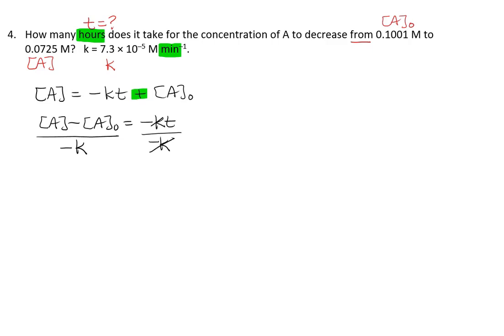We're solving for T, so we divide by negative K, and that's going to give us our time isolated. One thing you want to be very, very careful about, I know this is like the 14th thing that I've said to be very careful about, but it's true. Make sure that you are using parentheses in your calculator when you enter the values in the numerator, or push enter after you've done that subtraction. Otherwise, often the calculator thinks that you're taking A naught and dividing it by negative K, just that part, and it will give you a number that doesn't make any sense at all.